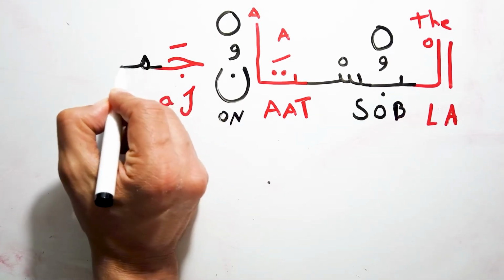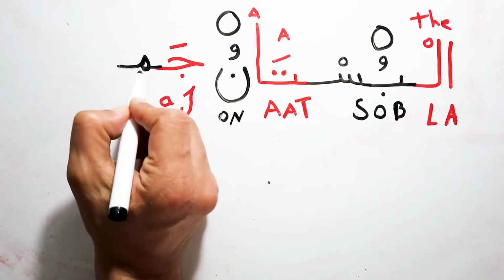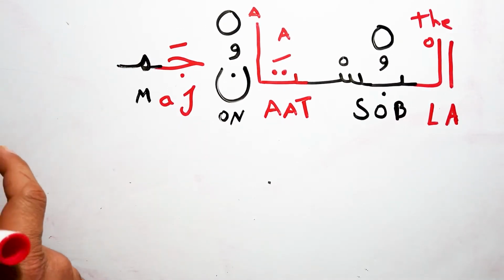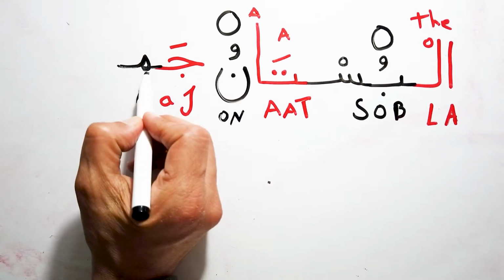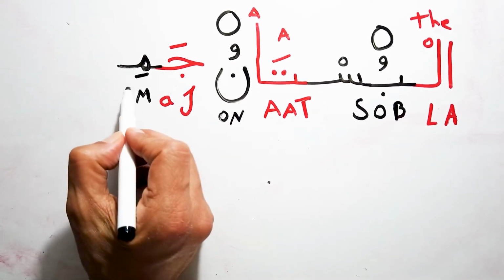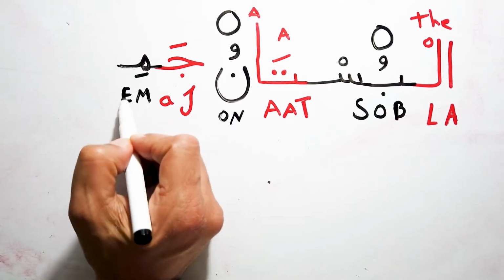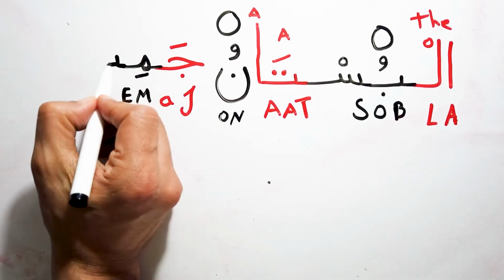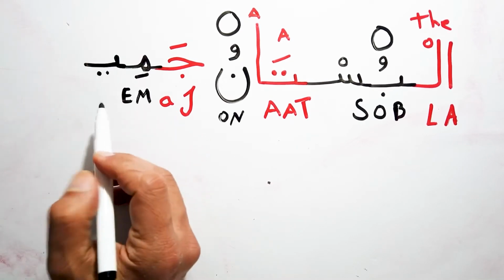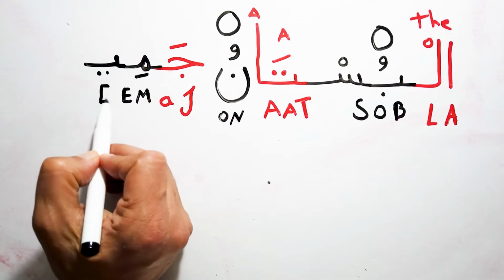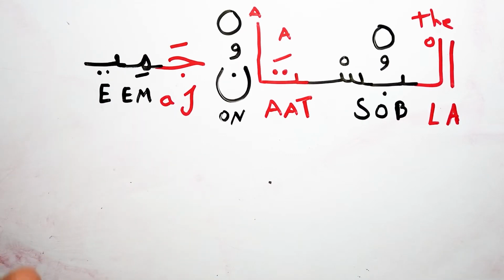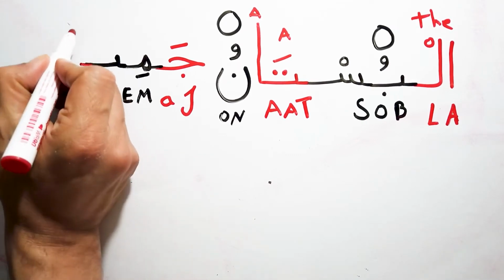Mi. This letter sounds like letter M in English. Let's add it. But I say mi. When I add this mark under, it sounds like E. So this one sounds like E. So ja, mi. But I say what? Jamil. I have a long vowel here. Jami, mi, long vowel. So let's add another E. So this one sounds like E. Jami, Jamil. The sound of L.